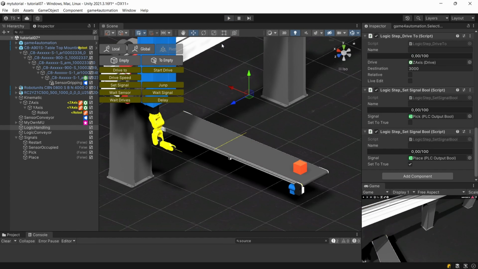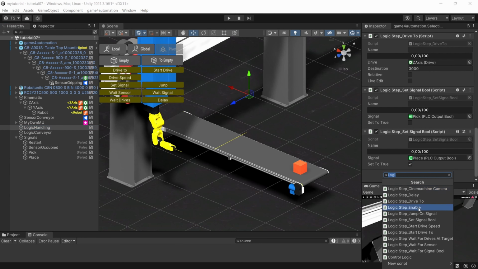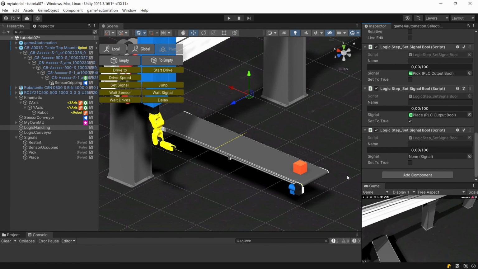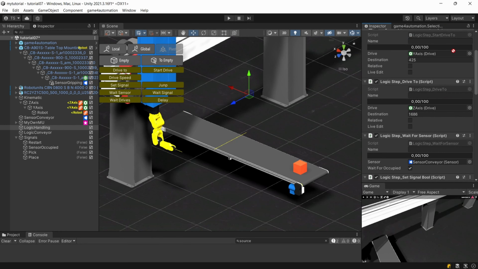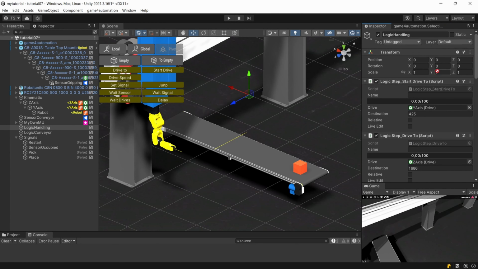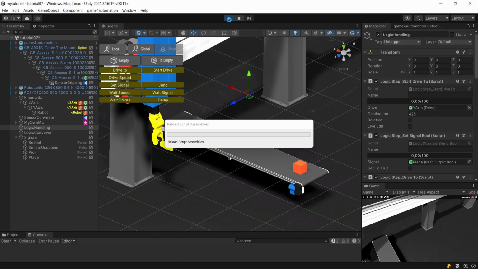Okay, we missed something. So on the handling side, we are setting place to true, but we also need to reset it. So logic steps, set signal, place, our place signal, we will set it to false, maybe on the beginning of our full chain, anywhere here. So once again,